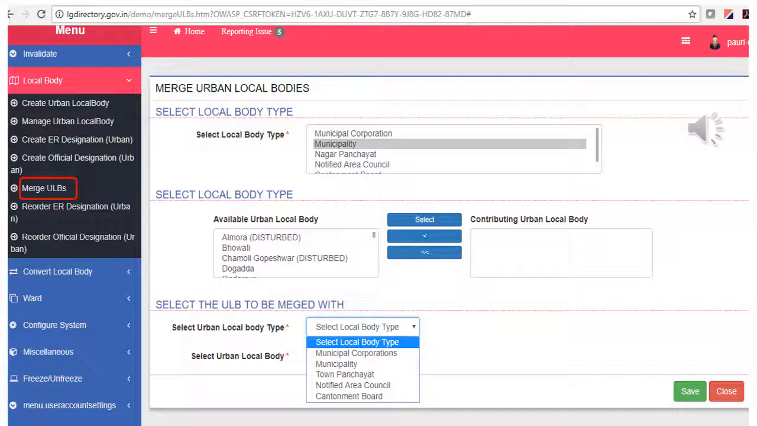Having checked the names of the urban local bodies and also created the urban local bodies, if there is a need, the users may need to merge certain ULBs. For carrying out that activity, users need to click on the merge ULBs button as shown on the left. The new screen opens up. Users need to select the respective local bodies and then move the bodies from the available to the contributing bodies. They need to select the ULBs which are getting merged